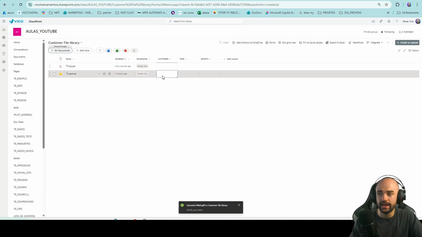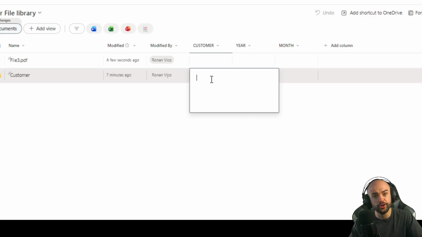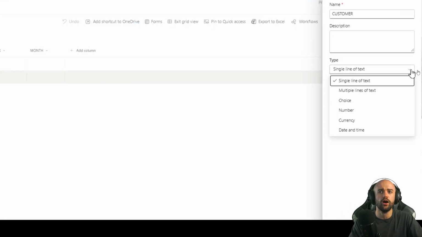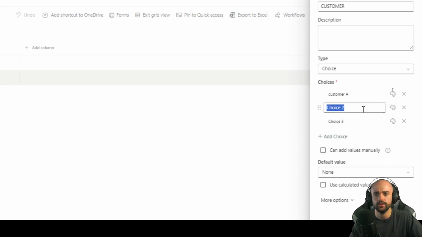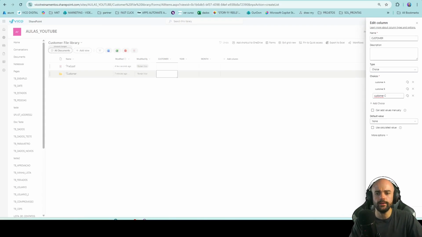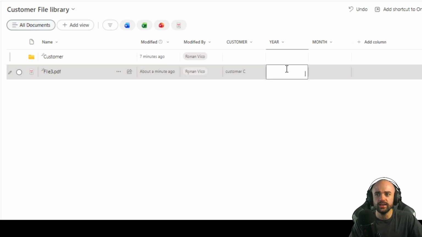Instead of having a free text box here, a free text column, I can have a list of customers that's useful for us, right? So let's change here, edit, and instead of a single line of text, I can have a choice: customer A, customer B, customer C, okay? Save. So this file is from customer C, the year